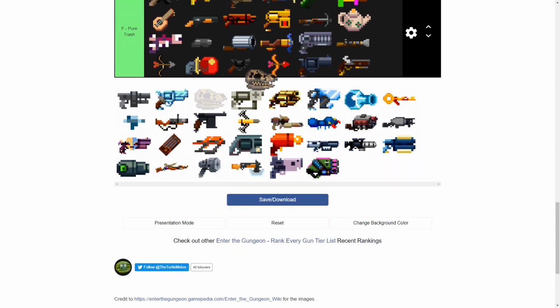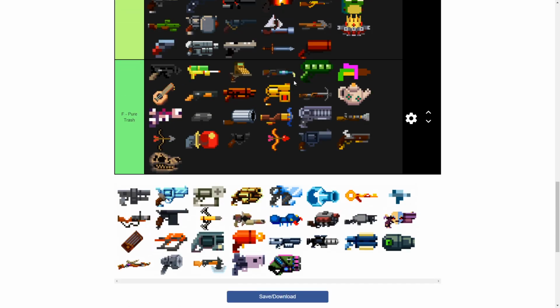Next up, we've got the fossilized gun. It's trash. Honestly, people try to defend this and say, oh, you can cover the entire room in fire. Yeah, I know, and that's awful. Why would I want to limit...